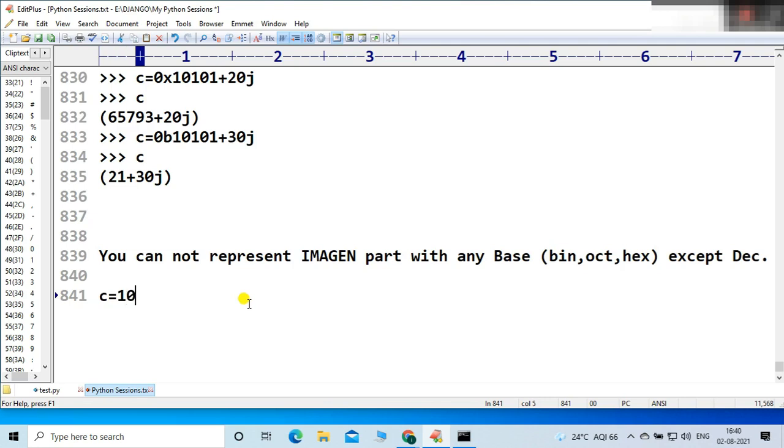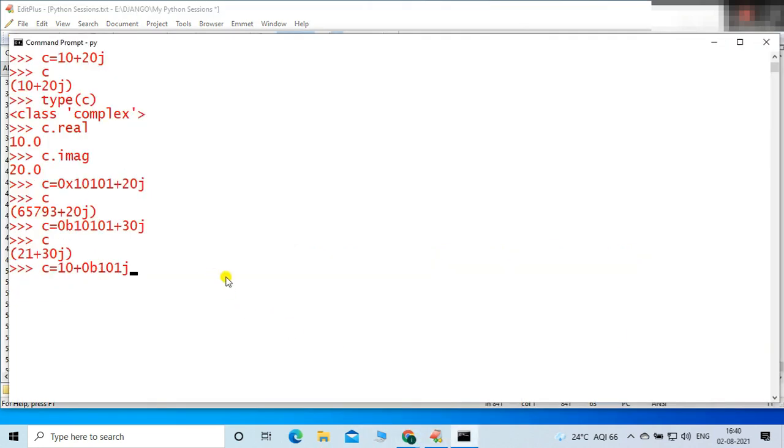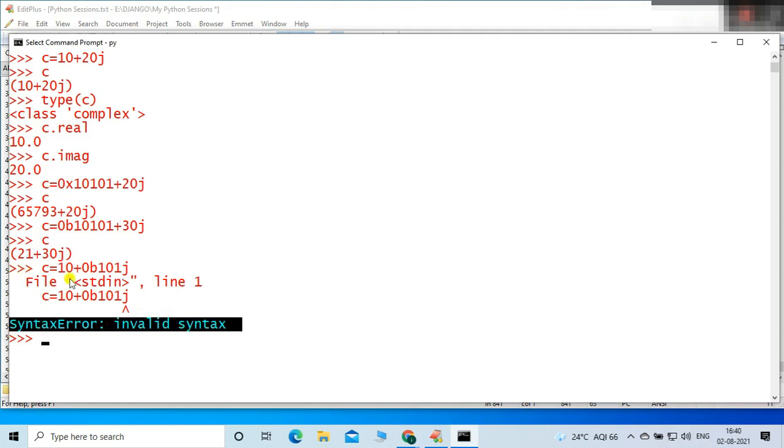Suppose 10 plus, let me take one binary number here, 0b101, b stands for binary, this is a binary number, j. Let me take this example. Now let's see the output. There is an error, syntax error, invalid syntax.